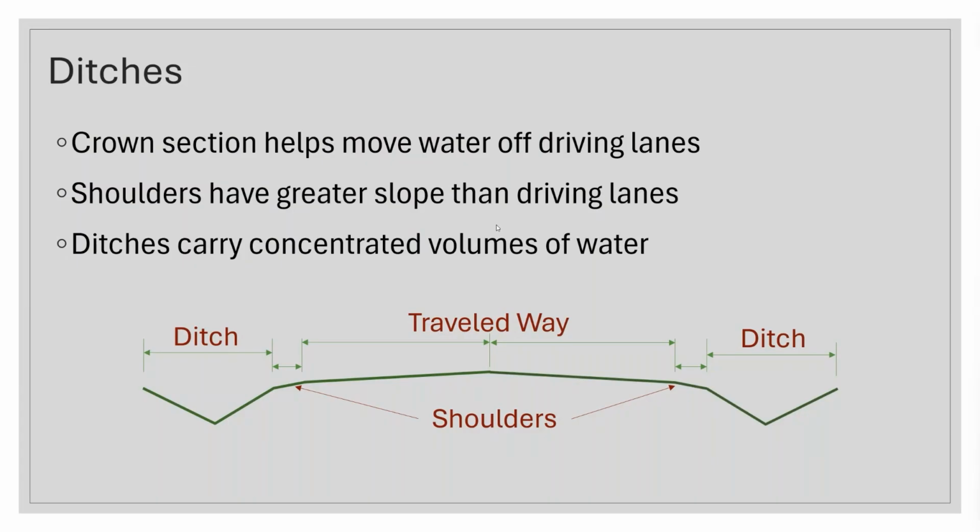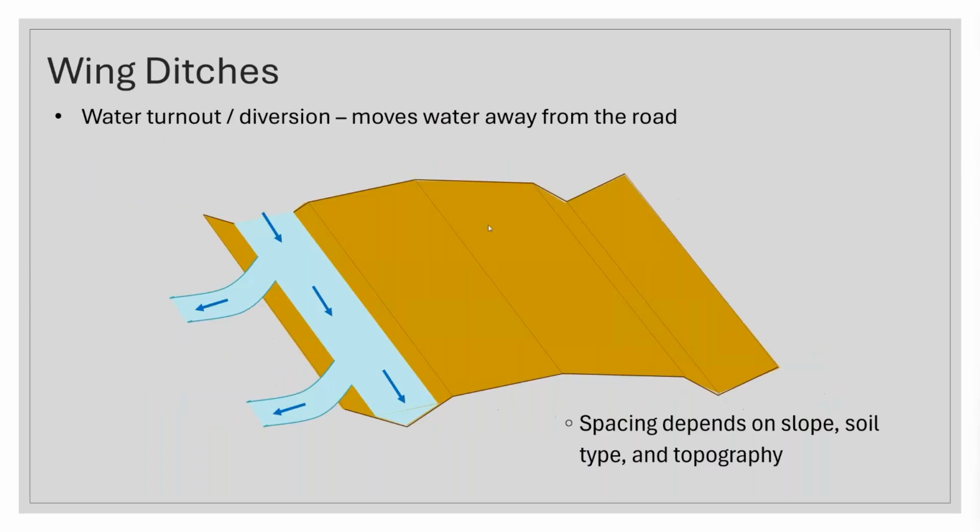We have the foreslope and then the back slope of those ditches. And the ditches are designed to carry water. Really, in all honesty, we don't want them to have to carry a lot of water, but it's better for the water to be in the ditch than it is to be in the pavement surface area itself. So to get water out of ditches, one of our options is to provide some wing ditches or some turnouts where periodically we're getting rid of the water that's in those ditches. And this is going to depend on the topography, what type of slopes you have, soil type, all of that. But again, our goal is doing anything we can to get the water away from the roadway itself.